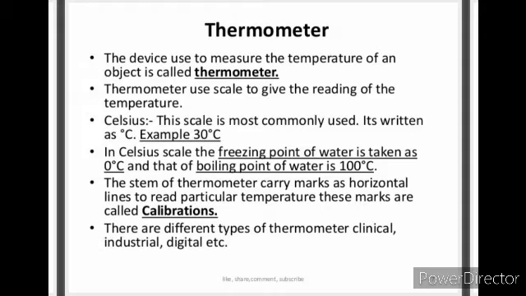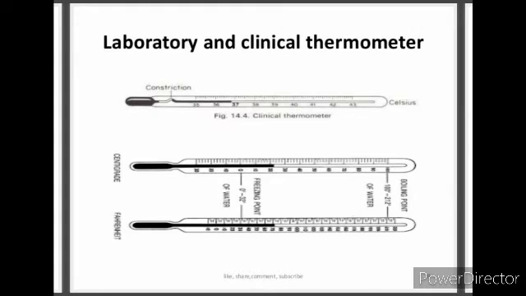At this time, in this pandemic situation, we also use that screening machine in various offices to check the temperature of a body, so that they come to know what the temperature is, to avoid the corona pandemic situation happening in their places as well. If you see, these are clinical and laboratory thermometers. The upper one is the clinical thermometer and the next two are laboratory thermometers.